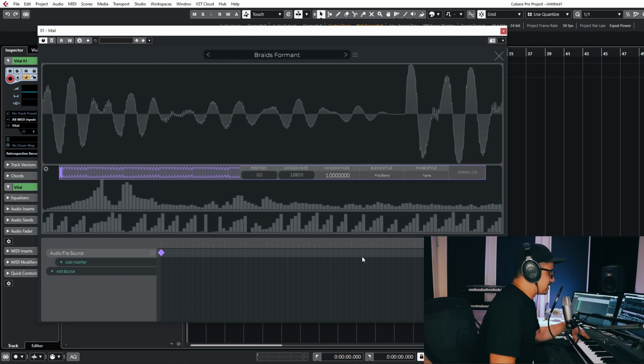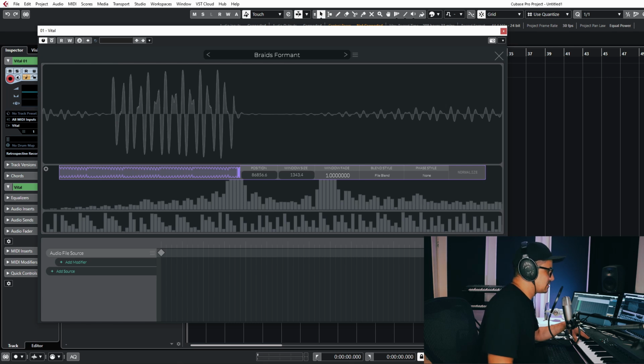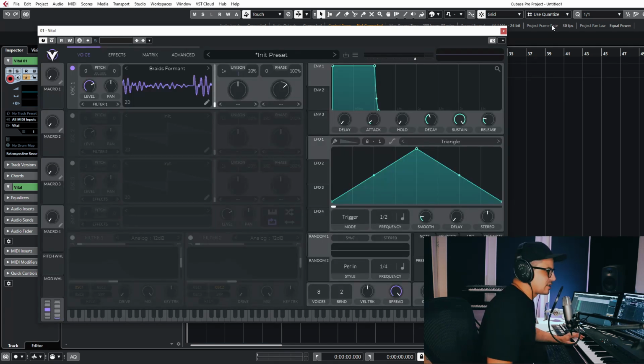That's all good and well, but now you've actually got to go and drop in the keyframe again, and then on this keyframe choose the end of that to get that sweep. There is a quicker way to do this though. If we just get out of the Wavetable Editor, what you can do is just grab that Braids formant wave that we had, drag it straight onto the oscillator, and then just select Wavetable, and that will do that automatically for you. If we hold down the key now,